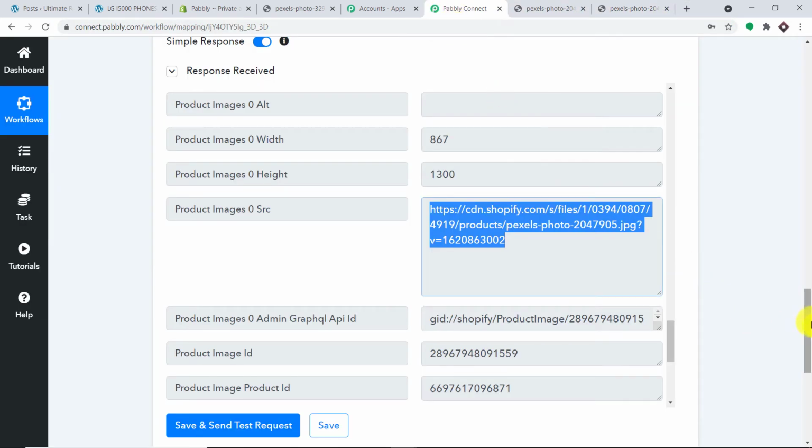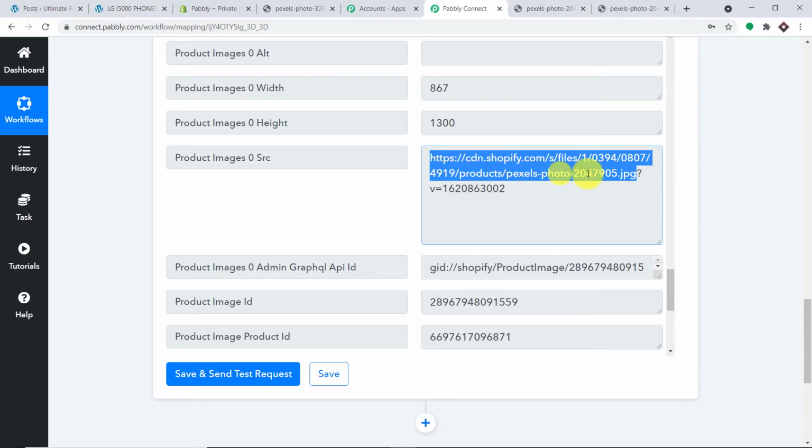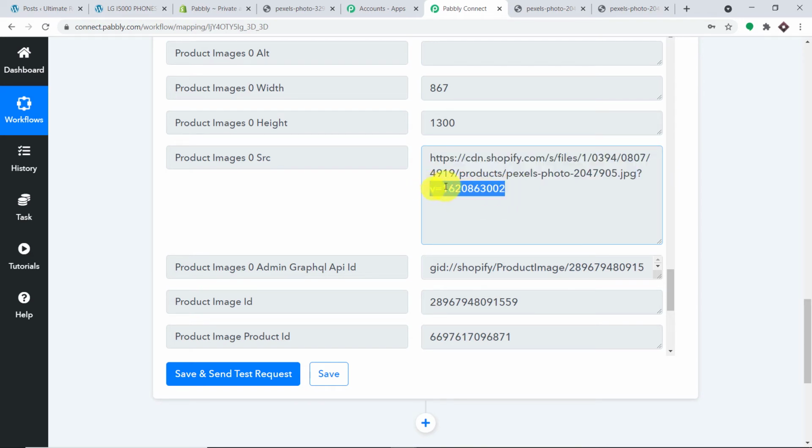Now there is something else you have to do. As you can see, WordPress won't accept this whole image URL. It will have trouble accepting this. So basically the issue is WordPress can only accept the image URL up to here, up to .jpg, and it's kind of right because it only wants the extension that is .jpg, not this whole thing. So basically we have to remove this and this part. This extra part is unnecessary. It can't be accepted by WordPress.